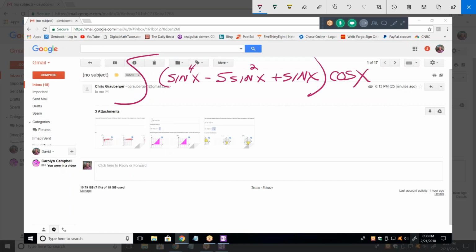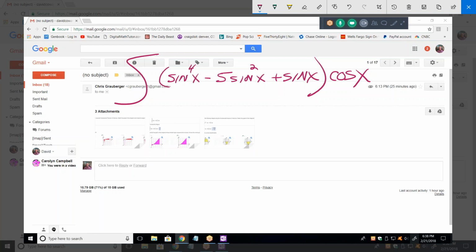Okay, what do you recognize here? Kind of looks like the one where it's the function and then the derivative. Yeah, the cosine of x is the derivative, except,